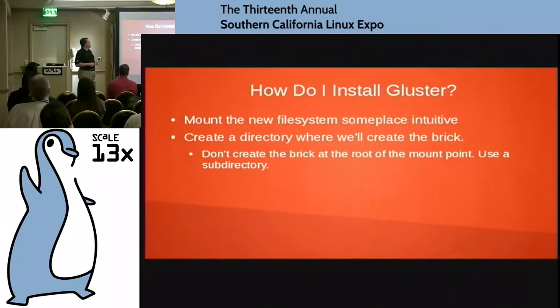Create a mount point where we'll create the brick, and don't create the brick at the root of the mount point. You know how you can mount /dev/vdb1 on /mount/gluster? Don't make that the root of your brick. Do /mount/gluster/brick or /mybrick or whatever you want to call it. It doesn't matter, but don't do it in the root of the block device, because then you run into some really weird things if you want to recreate volumes, where metadata has been written to the disk that you can't physically see or remove, and you wind up having to reformat it. Kind of a bad day. If you do it in a subdirectory and you want to nuke that volume and start over, you just delete the directory.